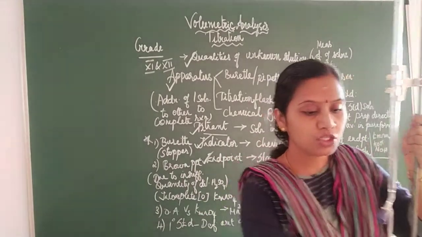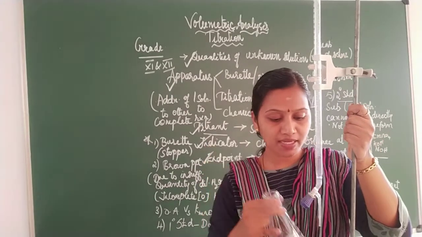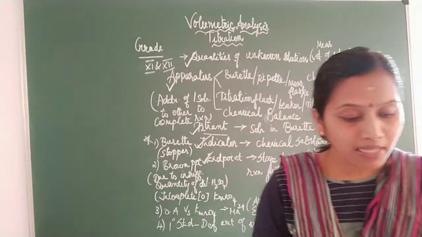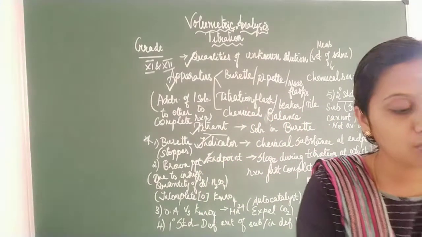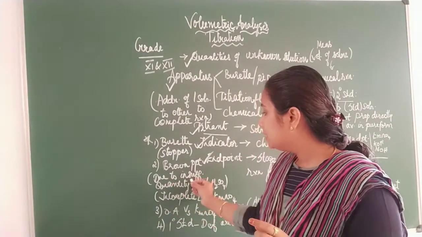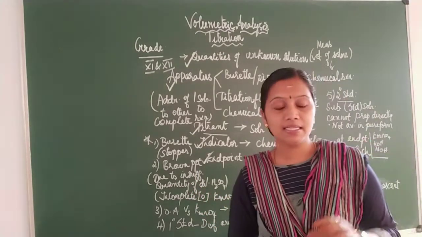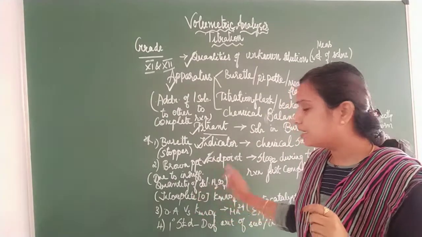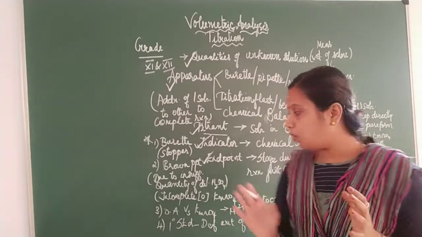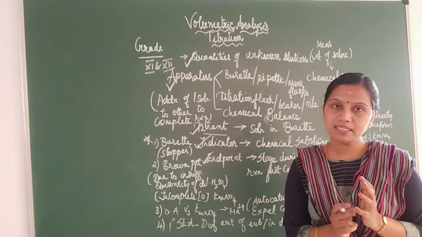When you are using potassium permanganate in the burette and oxalic acid or Mohr's salt in the conical flask, suppose you get a brown precipitate instead of a pale permanent pink color. That shows that something is wrong. It shows there is an insufficient amount of dilute sulfuric acid. Also, your potassium permanganate is incompletely reduced. So when you get a brown precipitate, it shows that your potassium permanganate is incompletely reduced.